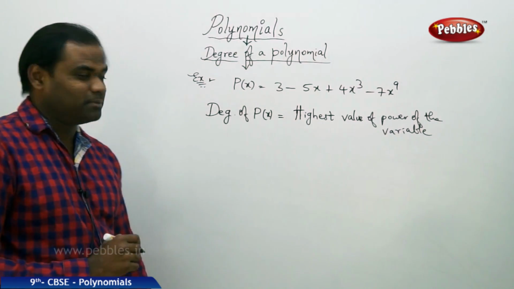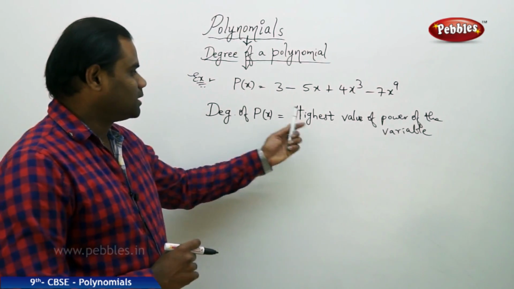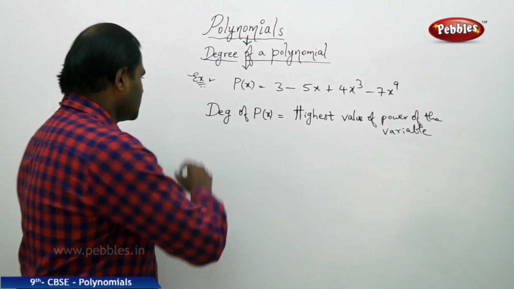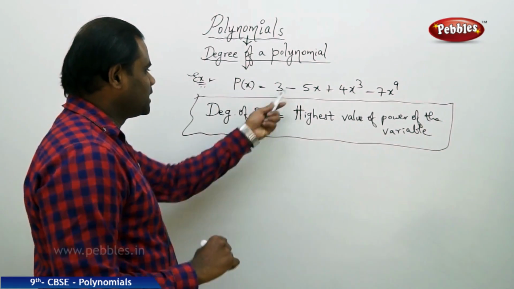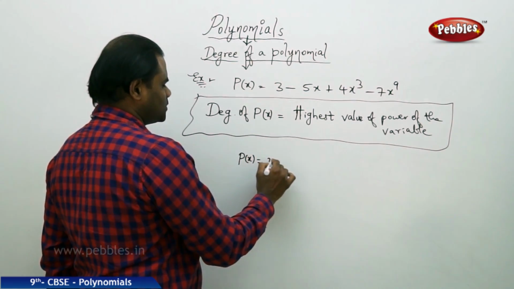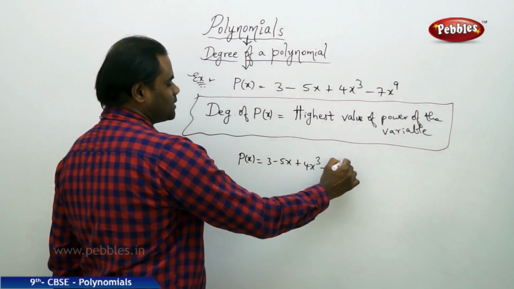So degree of p of x in the most simple language is defined to be the highest value of the power of the variable. So what is the highest value of the power of the variable? As we take in this example problem, p of x, which is 3 minus 5x plus 4x cubed minus 7x